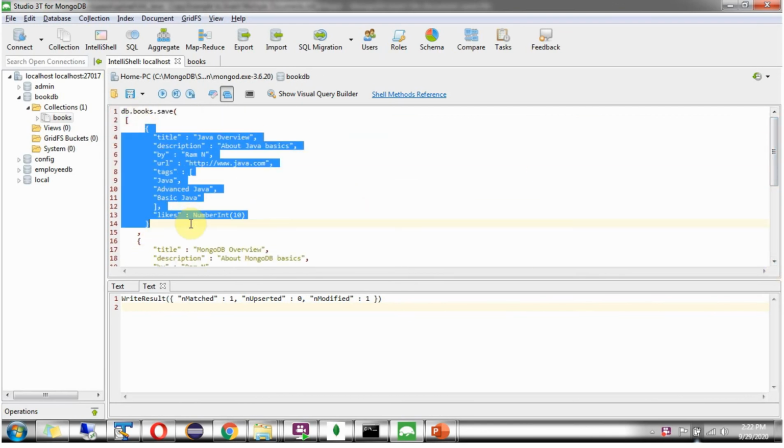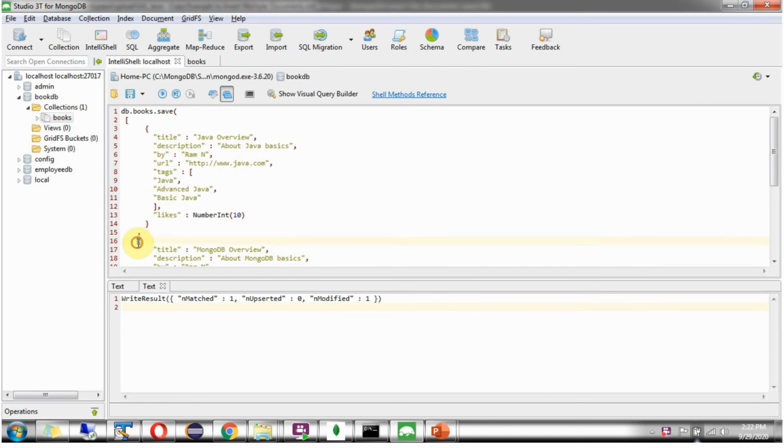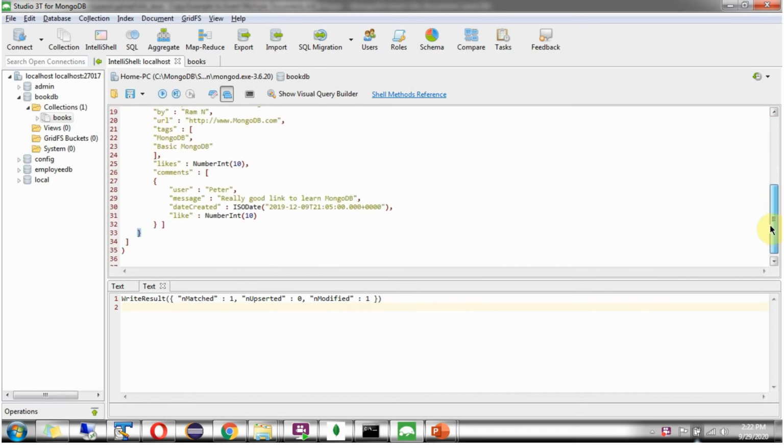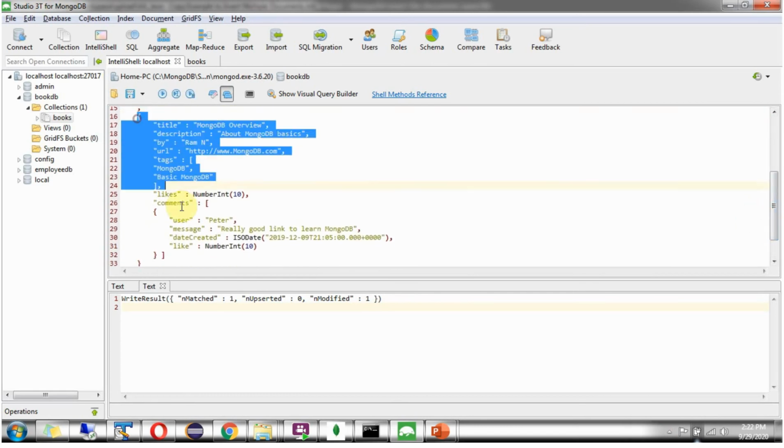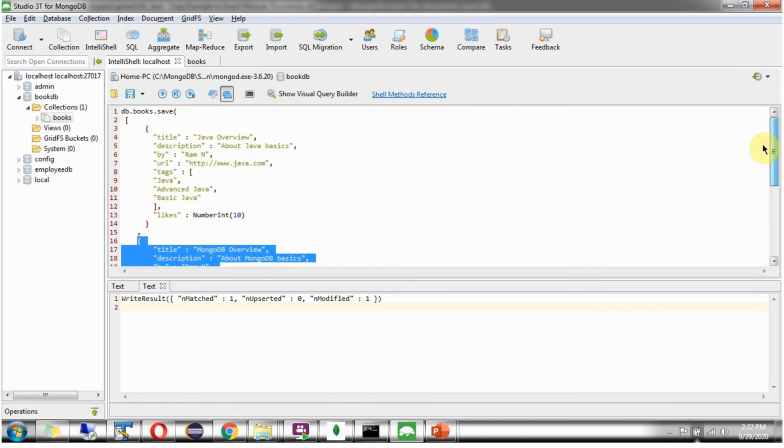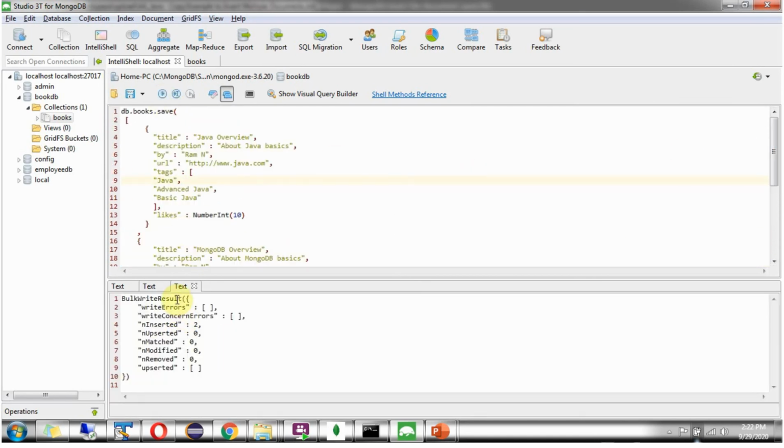This is the first document, then comma, then the second document. Execute this, and here you can see 2 documents are inserted. So we got inserted as 2.